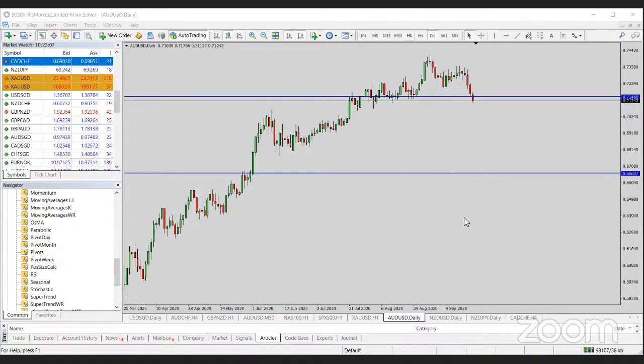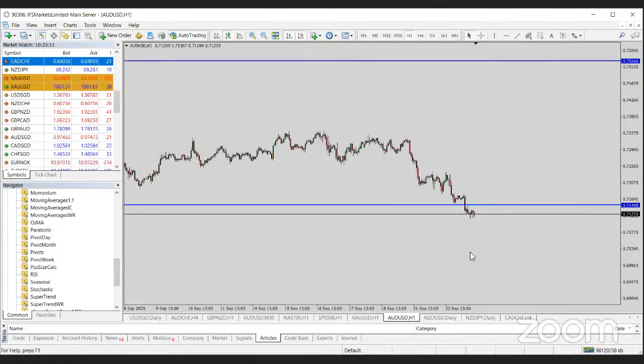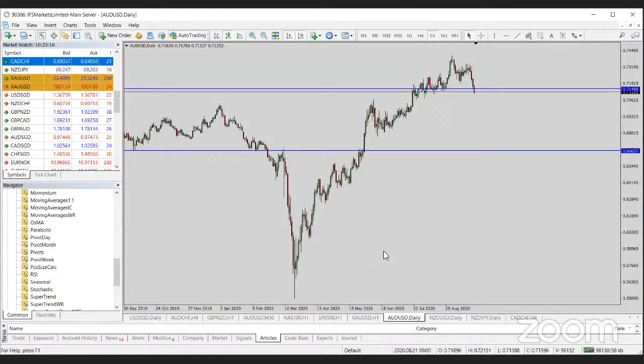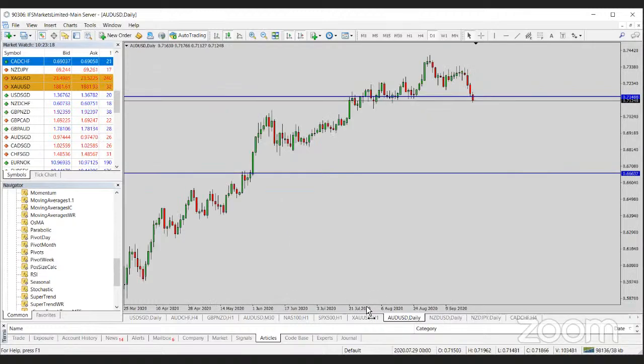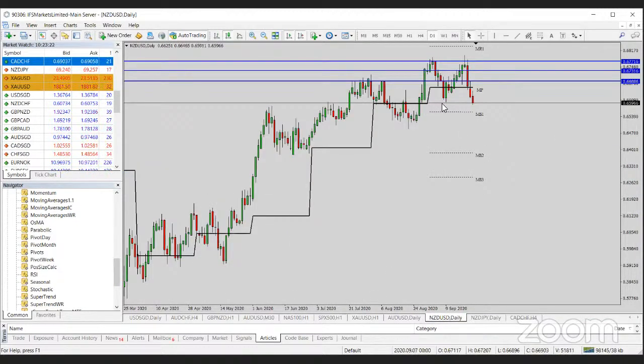So if I were to go down to the hourly, for example, really nice cyclicity there. For sure, there'll be some opportunities to trade that to the downside. So that's a bit of a change on the Aussie dollar. It's also happened on the Kiwi dollar, just breaking to a lower low here. We haven't yet had a lower high, but what this shows is,